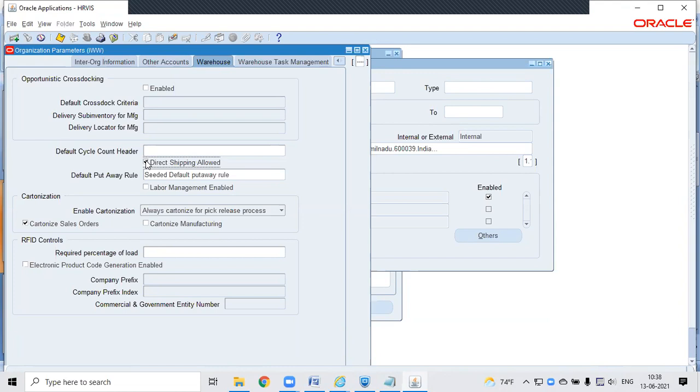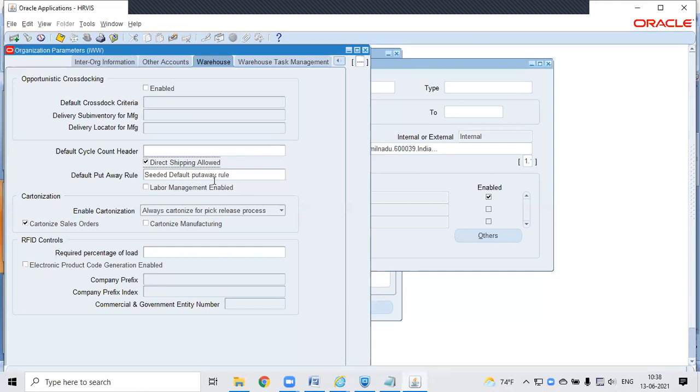There is a functionality in the outbound WMS system where you can directly select your sales order, scan your LPN, and directly ship it. It will automatically create a delivery number, and there is an option to do the ship confirmation automatically as well. If you want that feature, you have to select direct shipping allowed.